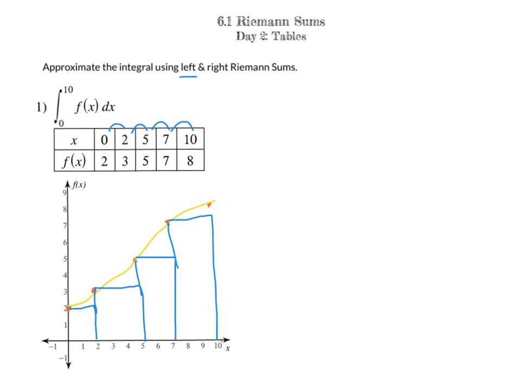The heights are still found using our f of x, right? But if we look, since we're using a left Riemann sum, our first height is the leftmost f of x value, which is 2. Our second height is 3. Our third height is 5. And our last height is 7. We actually don't ever use this rightmost height of 8 for the left Riemann sum. We only use the ones to the left, starting at the left. So finding it now is just